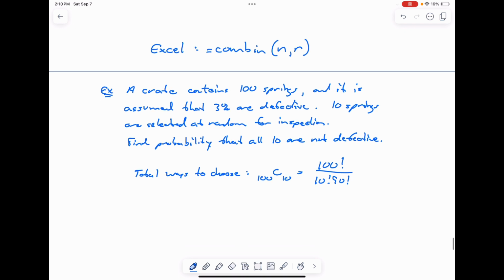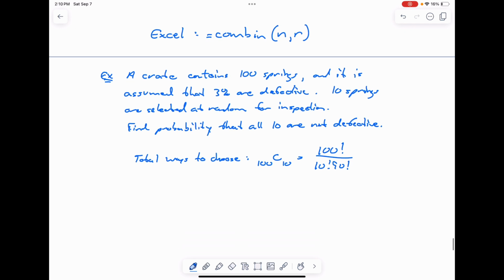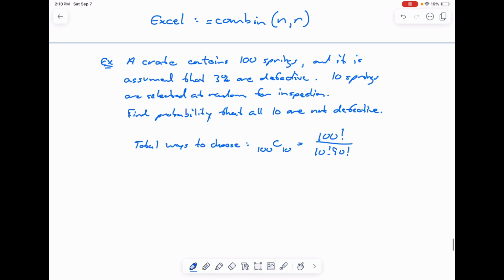And in this case, I'm going to leave it like this for now, and there's a reason why. I'm going to show you how this does work out nicely mathematically. You could certainly just figure out what that number is and keep going. Now we need the ways